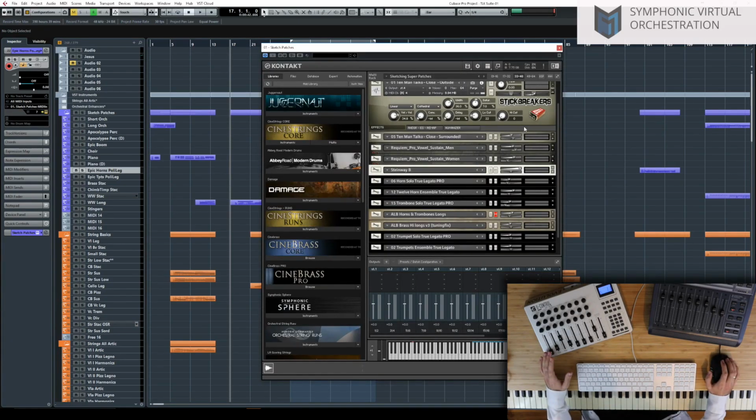I use the Cine Horns 12 horns patch for this one. I'm cheating a little bit here. I'm adding just a tiny bit of solo horn, not that much really, you'll see, and the trombone solo, which, you know, just helps the mid-low end. But again, you can see the volume is much lower. This one is 9 dBs lower, so you can barely hear it. You can mute it. It's there, but